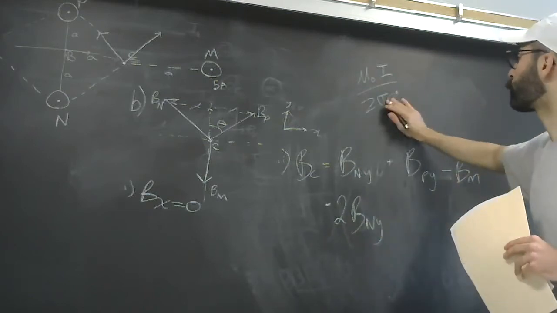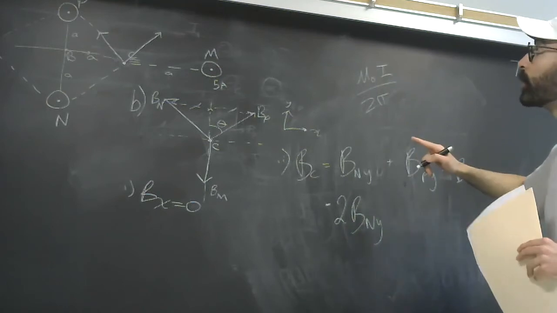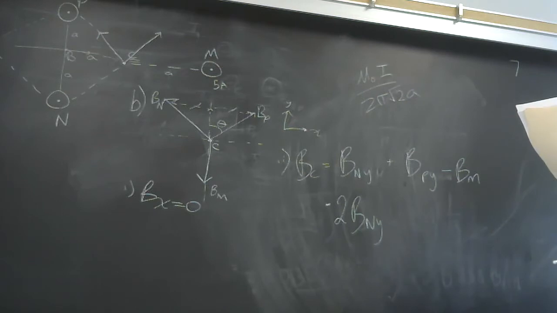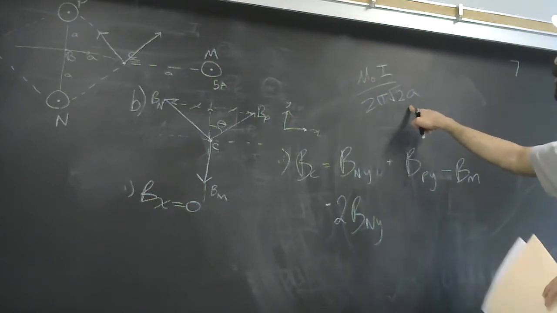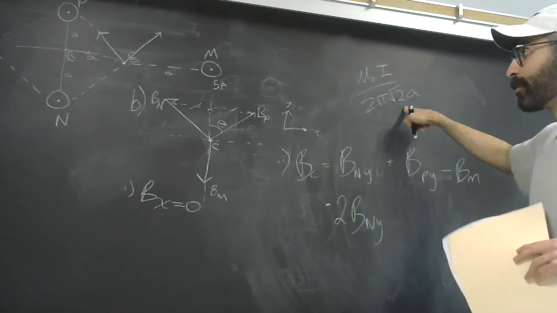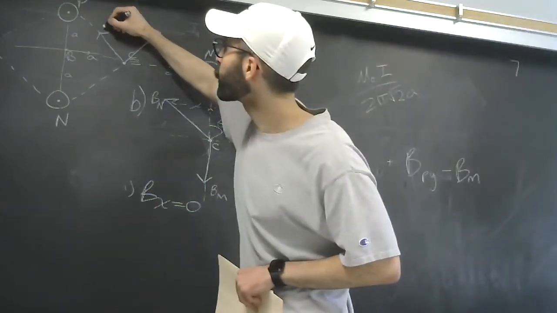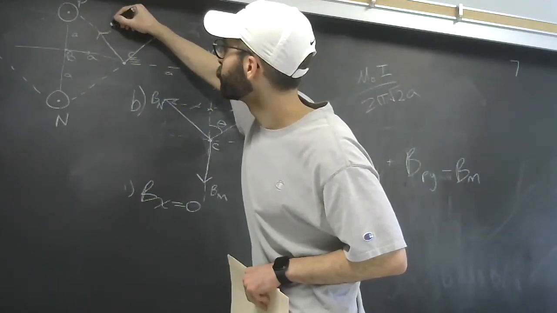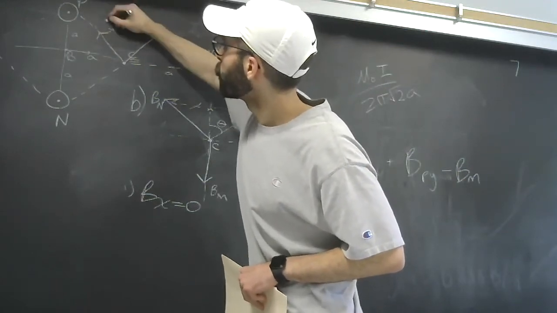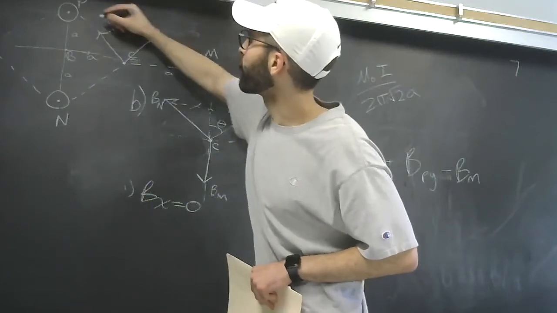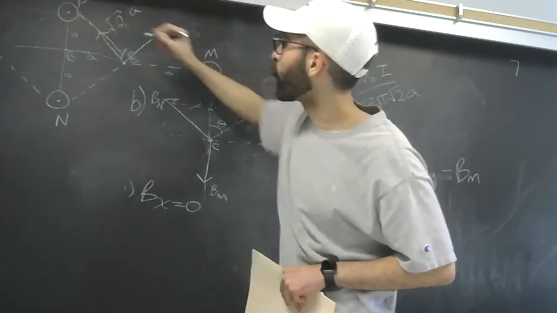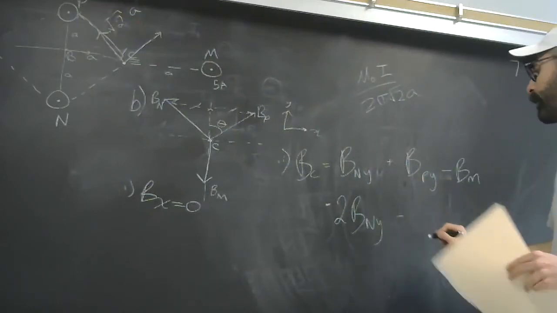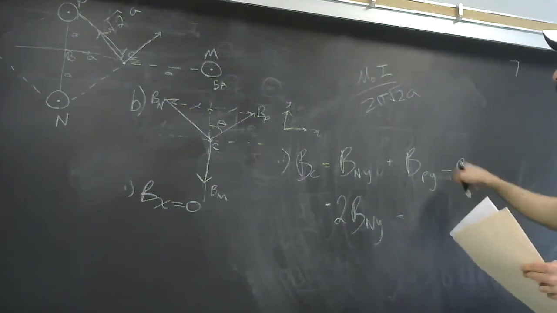Oh, wait, not a. That would be Pythag, root 2 a, right? Yeah, root 2 a. So the distance between them is not a. Please be careful. It's root 2 a, so we're going to use Pythag. That's from P to point C and from N to point C. All right. So I can write it like that, minus B_M, and the B_M is the same as before,